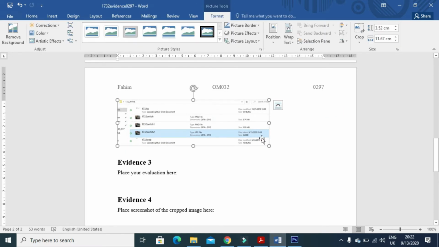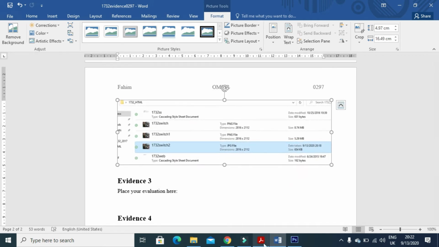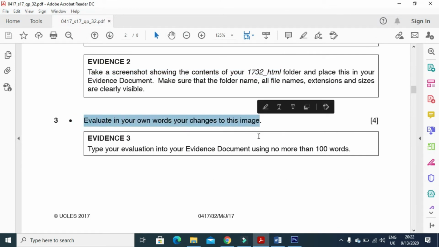So it is done now. You need to make it bigger so the contents are more clear and visible. And next step is to evaluate in your own words your changes to this image. So what you have done,